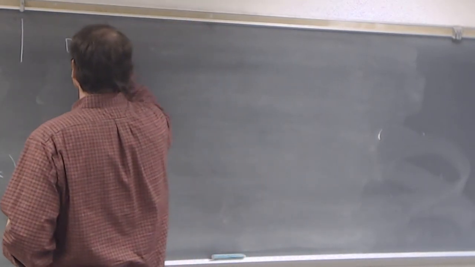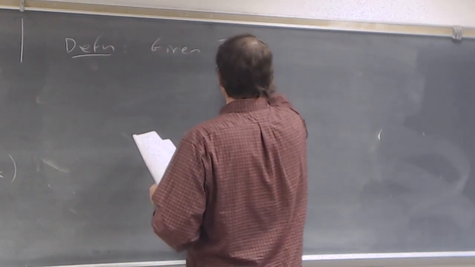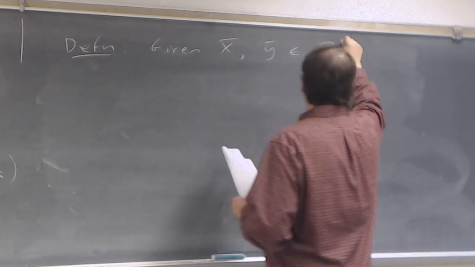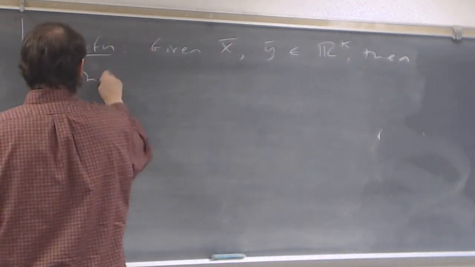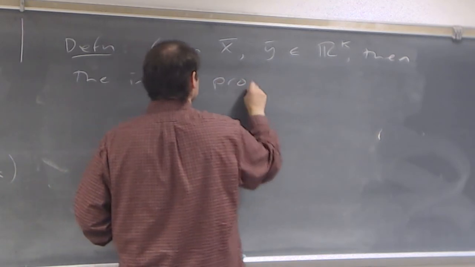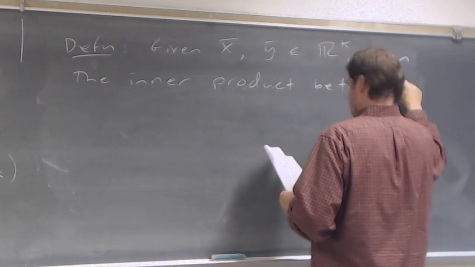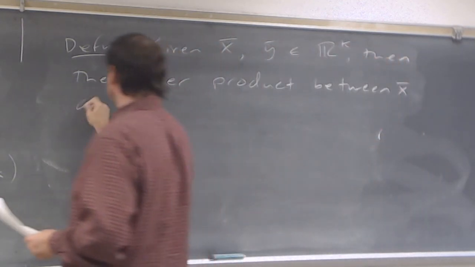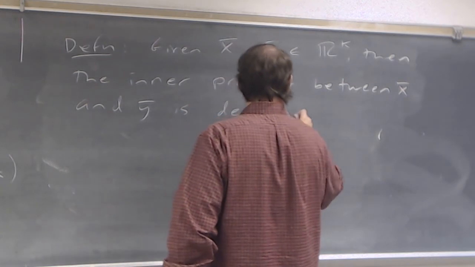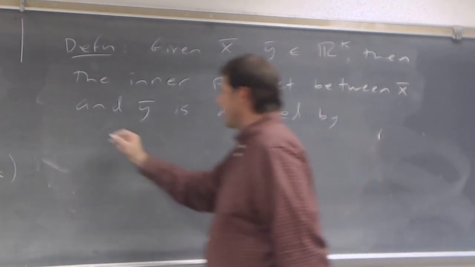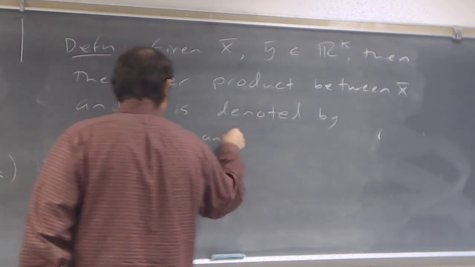As a definition, given x bar and y bar being elements of RK, the inner product between x bar and y bar is denoted by these angular brackets, x bar, comma, y bar, and given by